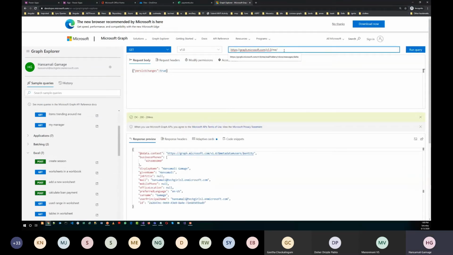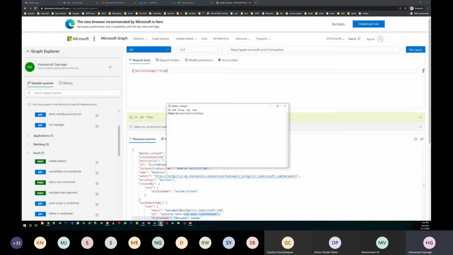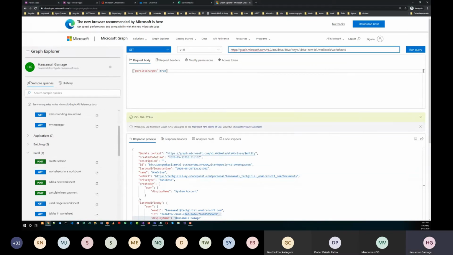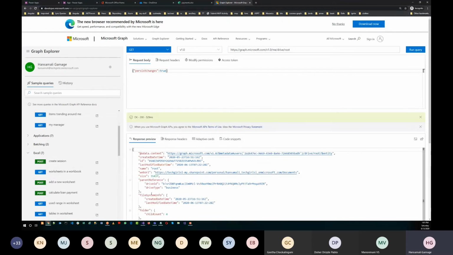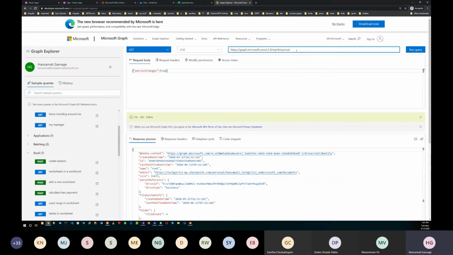Then we can say drive, so you can get your drive information. Then we can go to the root, the root of your file structure, and then you can query the children.